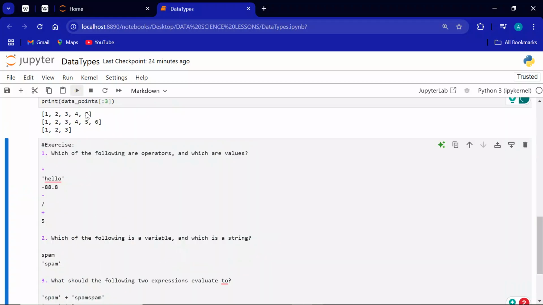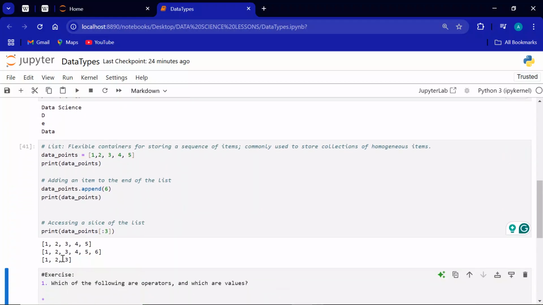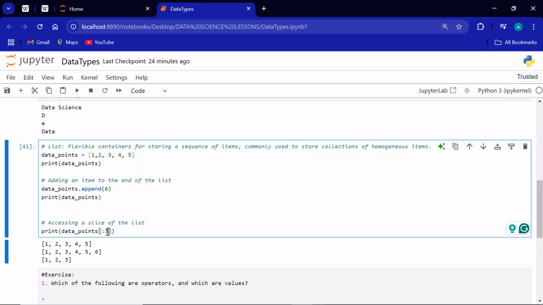Okay, and when I run this, I should have the first 3, that is 0, 1, 2. So 0, 1, 2, that is the first 3. The first 3 elements are 1, 2, and 3, right? But their indexing is from 0, 1, 2, and like I said, this third value you have here will not be included. So it doesn't include a third member. All right, so that is it,